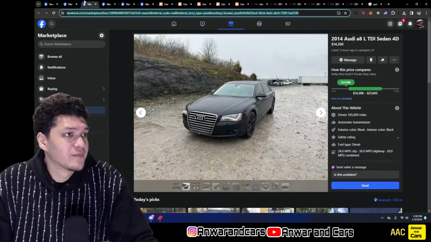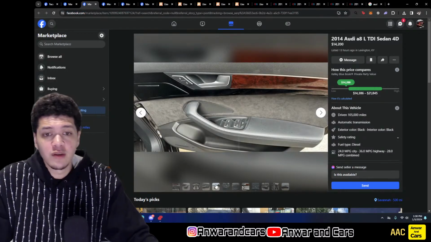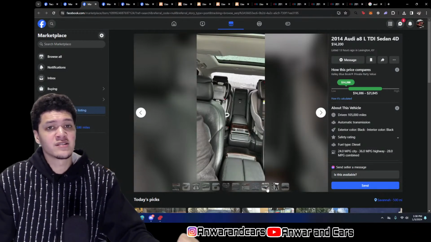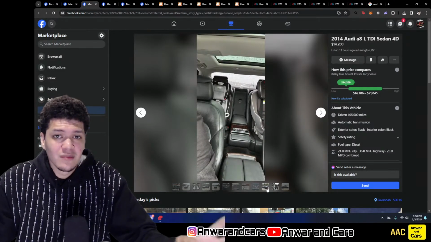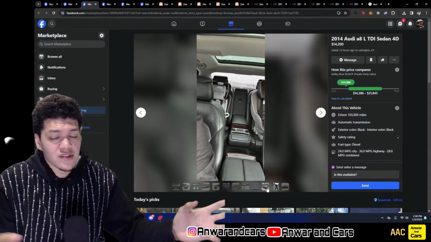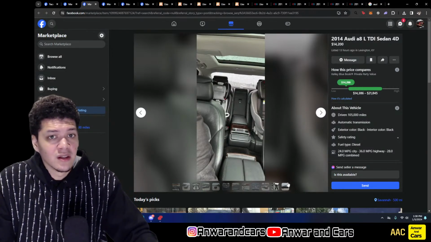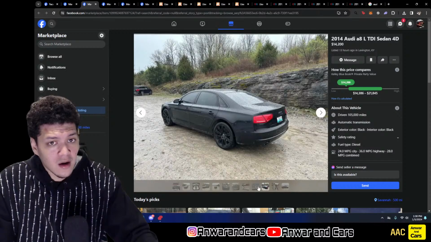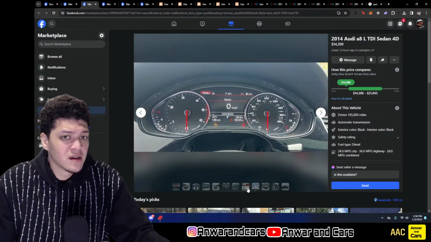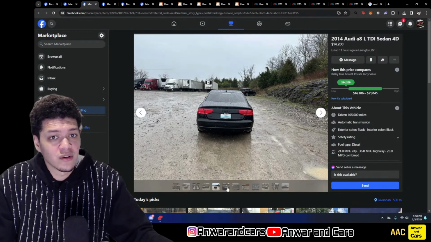Yeah, not a bad example here. Here we have a 2014. This is going to be a diesel car. The diesel ones are going to be a little bit more expensive because they are a little bit more desirable because of the rareness. They were more desirable a couple years ago when, for some reason, diesels had this surge in popularity. I'd say like 3 years ago, where everyone wanted a diesel because of the better fuel economy. But diesel prices also went up, so that curbed that enthusiasm, as well as the diesel just being a little bit harder to maintain than a petrol or gas engine,